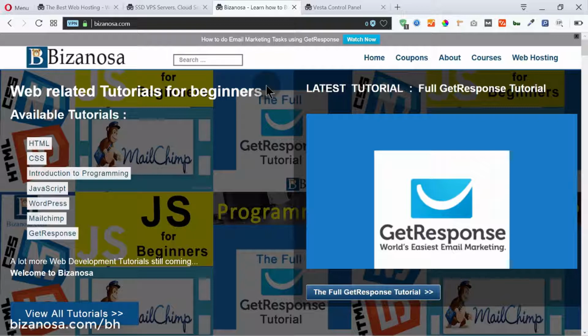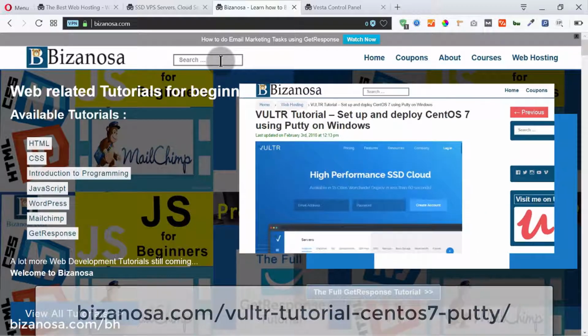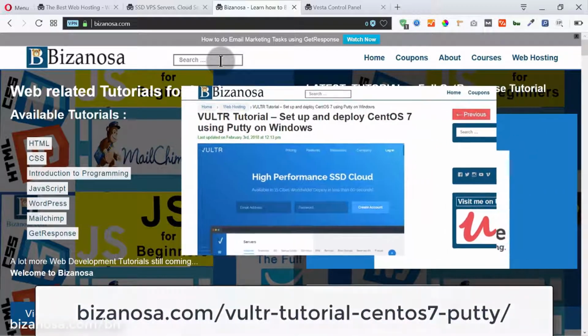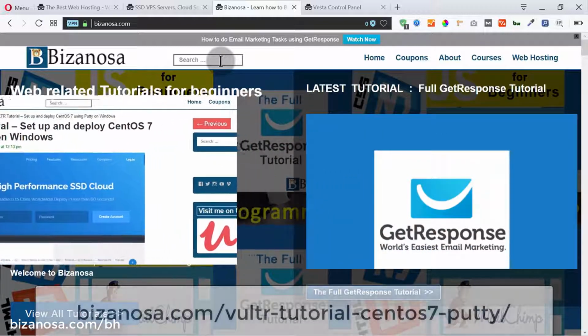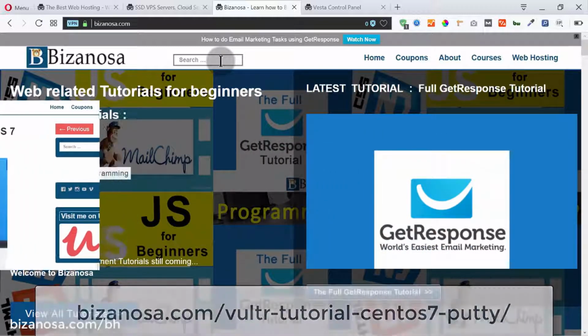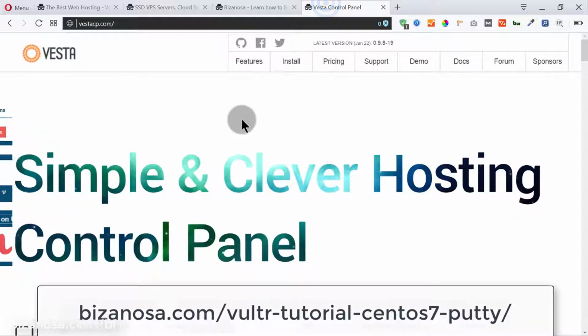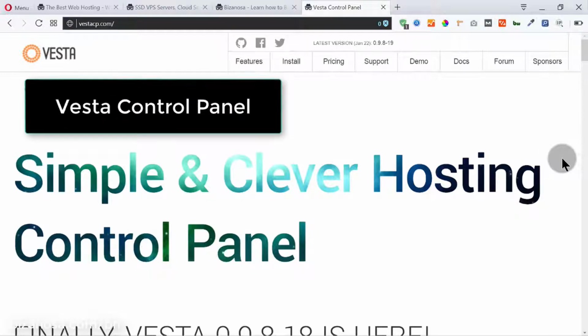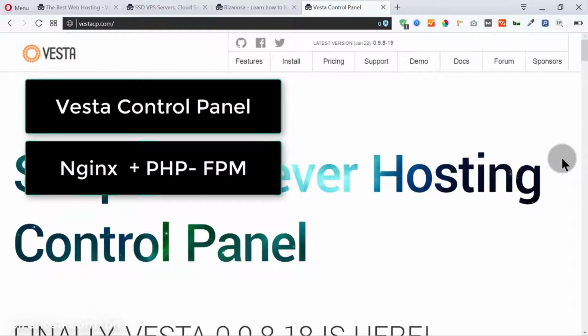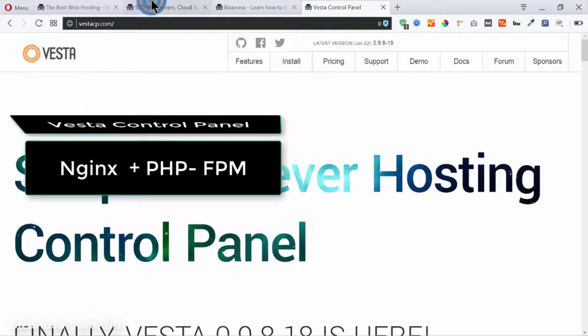In fact, there are a bunch of tutorials about how you can do this, but I do have a tutorial about Vultr, and you can use that to follow along and then create your web server, install your server on Vultr, and as soon as you install your server on Vultr, then you'll come here. If you want to run your website on a VPS, WordPress in particular, the keywords are Vesta, Control Panel, and Nginx and PHP-FPM. So if you're going to use Vultr,